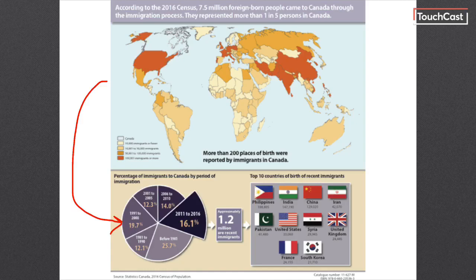And if you take a look at the most recent immigrants, 2011 to 2016, that's 1.2 million people. As for their points of origin, those are shown here in order: Philippines, India, China, Iran, and you can see the rest. Kind of interesting. I don't know if anything strikes you as surprising about that figure, but it's worth reflecting on this data because obviously